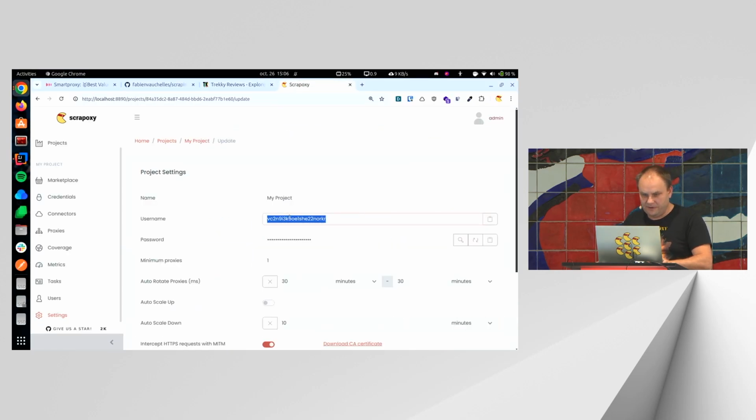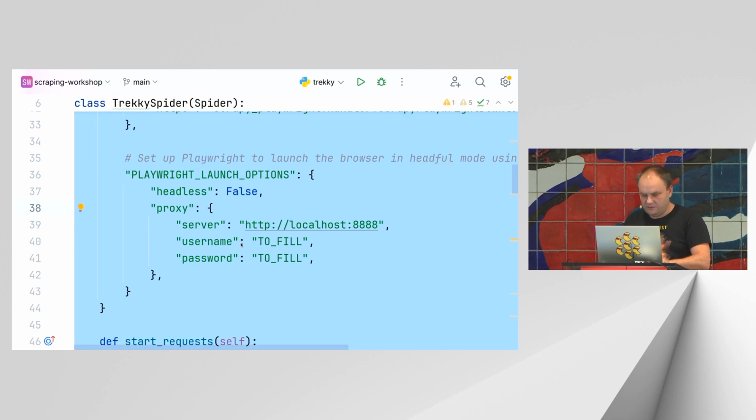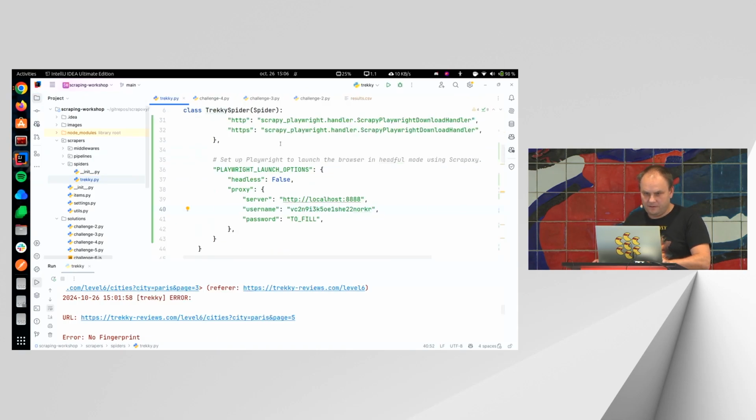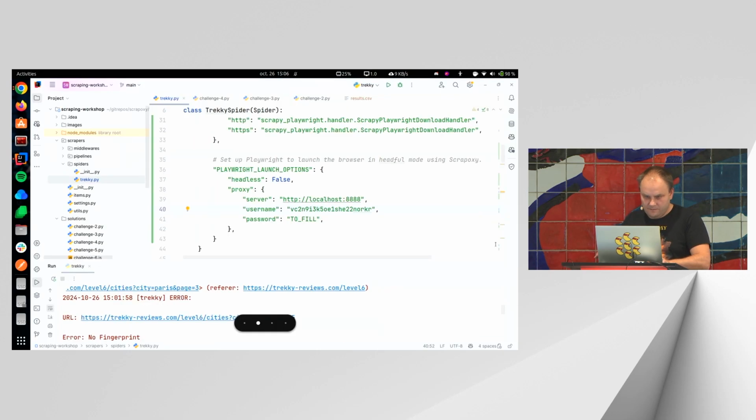So I will copy-paste my username here and password. Sorry, where is it? Oh, yeah. Okay, it was a little bug. So username and password. And now if I'm starting